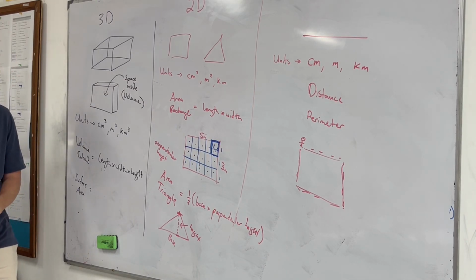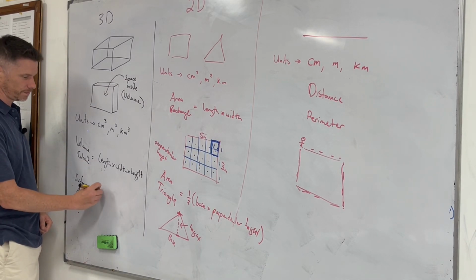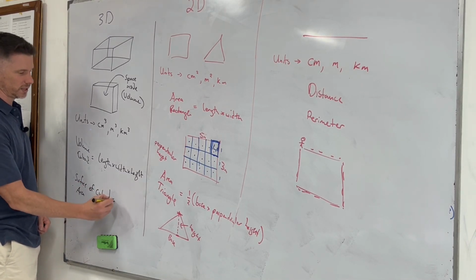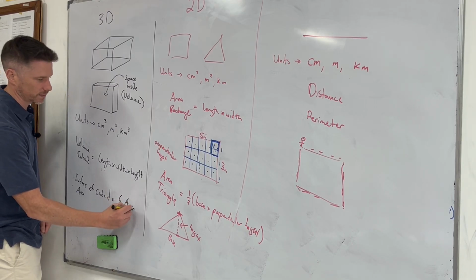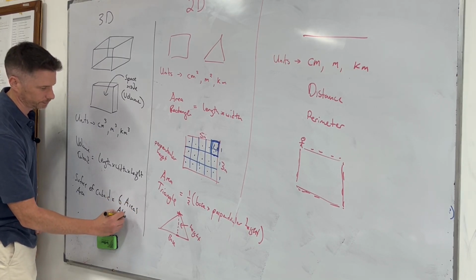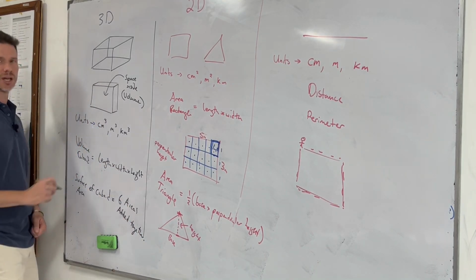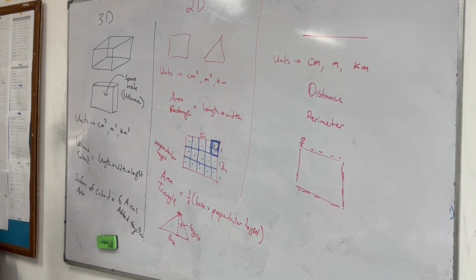So the surface area of a cuboid is the 6 areas added together. So I'd have to get the area of each side. Now, I don't have any dimensions on this, so we're not going to do this. Okay, that's a general